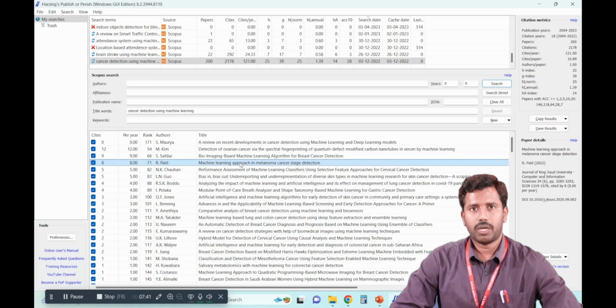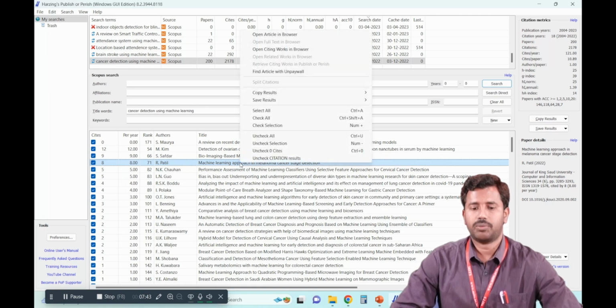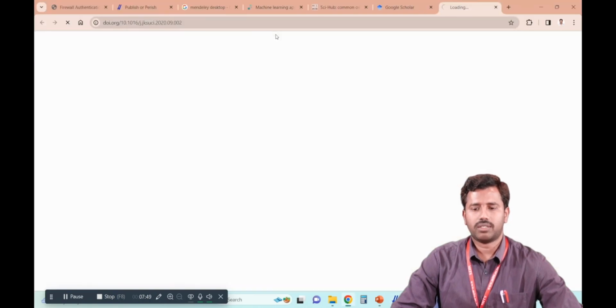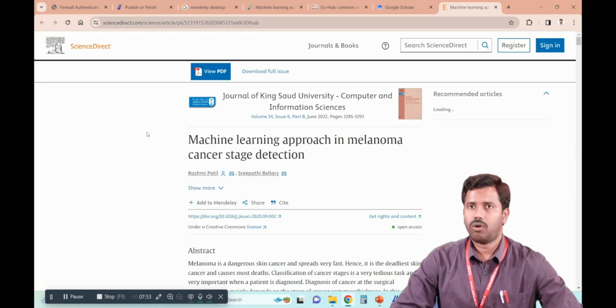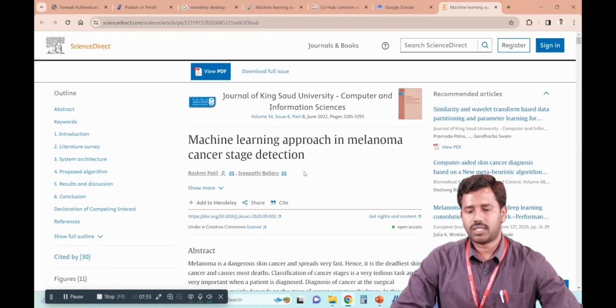For that purpose, you have to press the right click option. There is a first option called open article in browser. If you click on this, it will automatically open with the help of your browser. If this article is open access, with the help of this view PDF you can directly download it, or you can take the help of Sci-Hub to download it if it is not open access. For example, I am copying the title